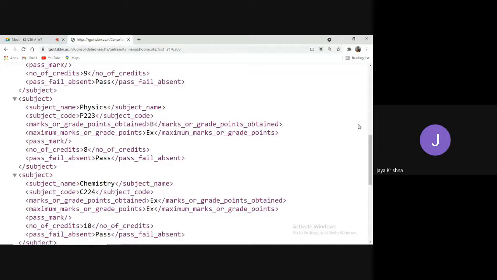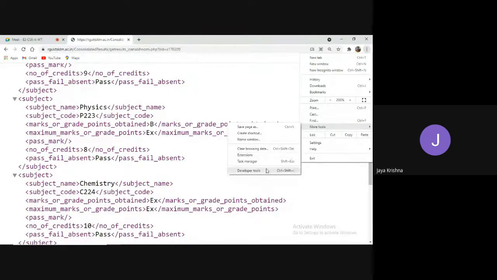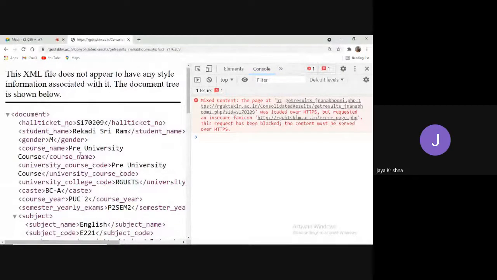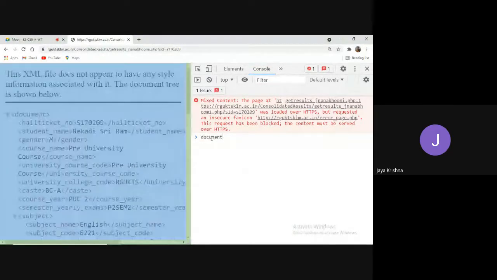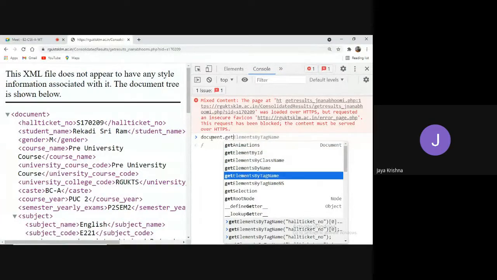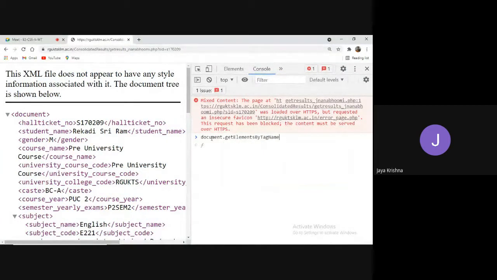See, observe how they are going to crawl. If you know the concept of how we traverse the XML file, that will be easy for you. Yes, guys, I am going to press F12, or else I can go for developer tools. This you already know. Now, can we track this data or not? Through the concept of DOM, I can. For example, first I would like to go for document. In that document, I would like to access some data with respect to tag name: getElementsByTagName.